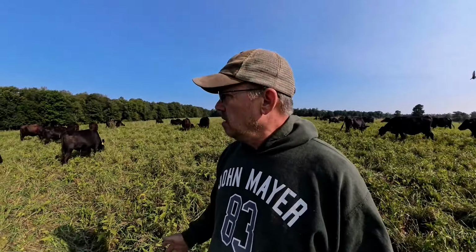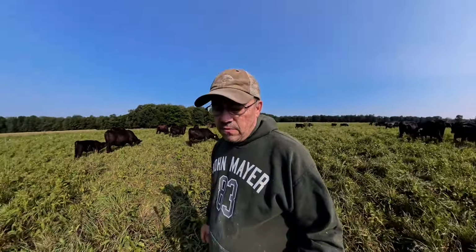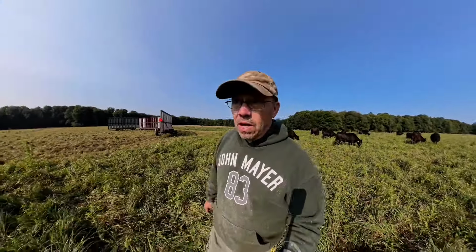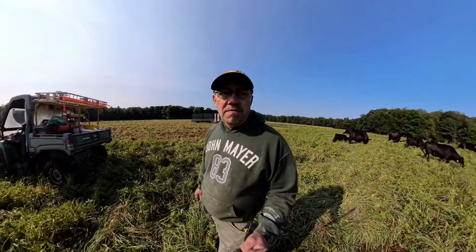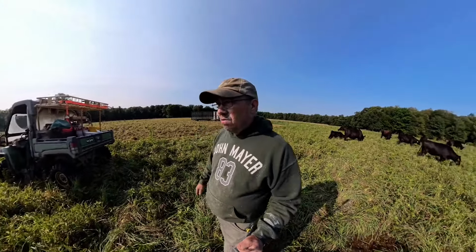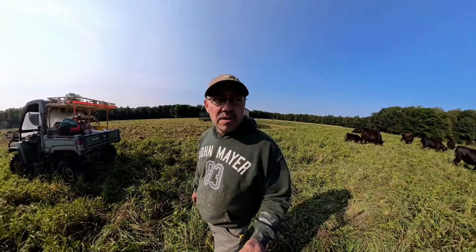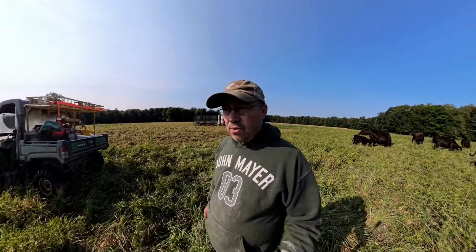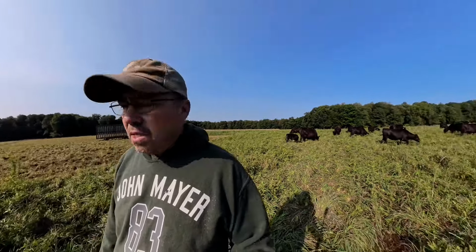Now we're in here, we're only moving them once a day because that's pretty much all we need. If we needed to move them more or less, we would. Typically it's not less. I do a minimum of one move a day, up to 10, 12, 13 times, and that usually is only whenever we have super wet soil. But yeah, anyhow,